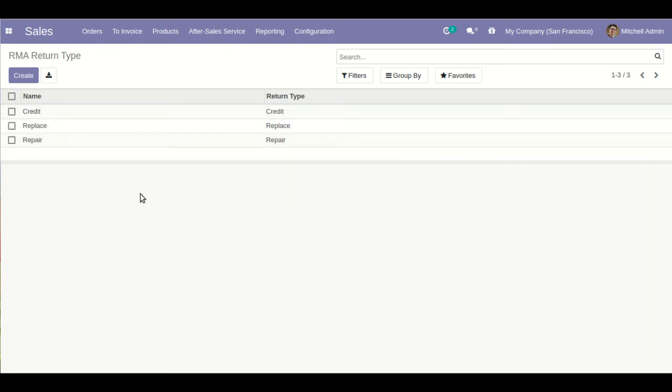Second is the replace functionality. Suppose my product is in warranty, and we want to replace that product with another of the same kind. We can also replace that product by using this strategy. And when we want to repair a particular product, then we will use this repair functionality.